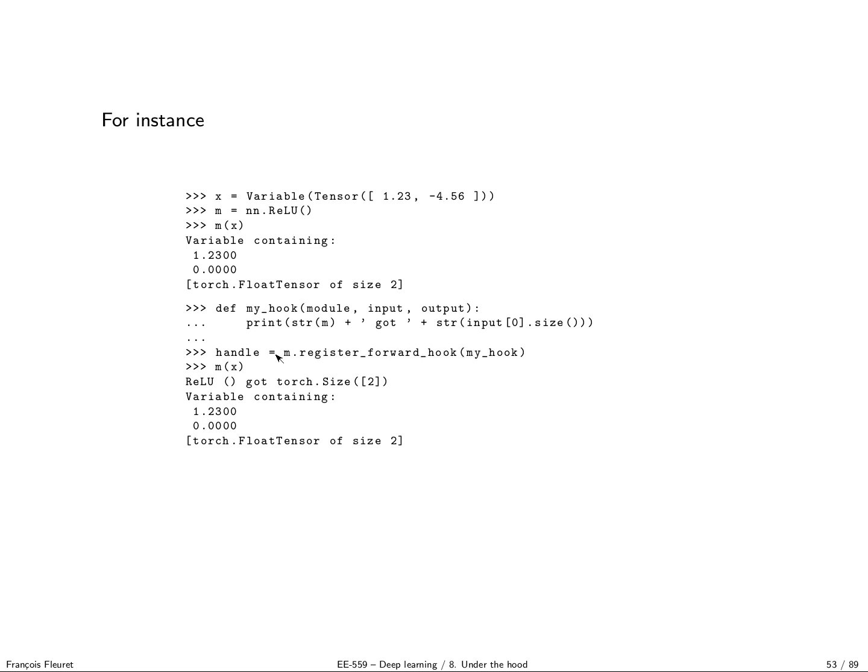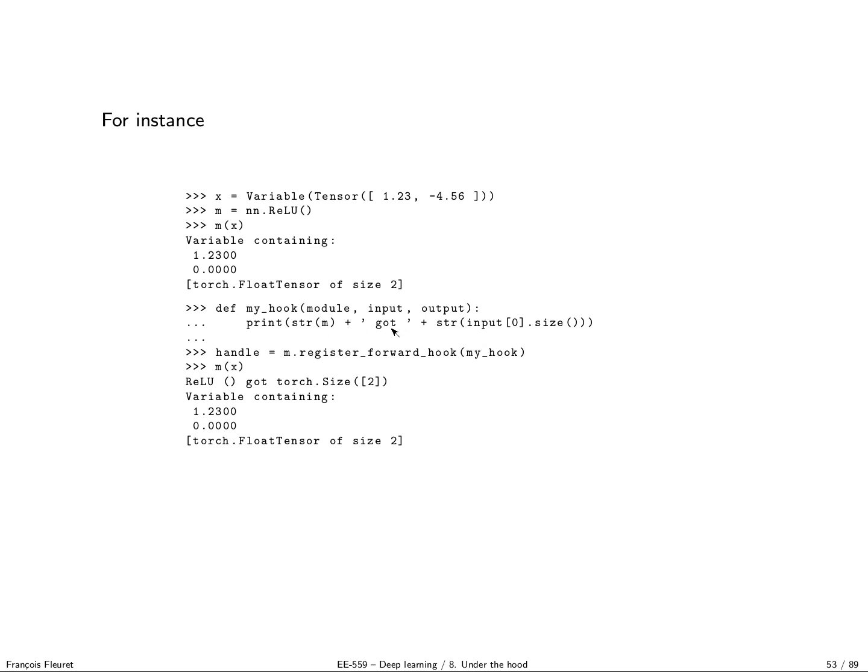So here I'm saying, okay, I want to attach this method as a hook to m, and this hook has to be called every time we call the forward pass, and it will be called with m as first argument, the input as second argument, and the output that m has computed as third argument. And here what I did was to define a function that does nothing but simply print a message.